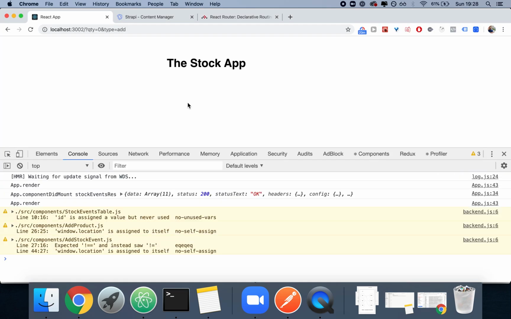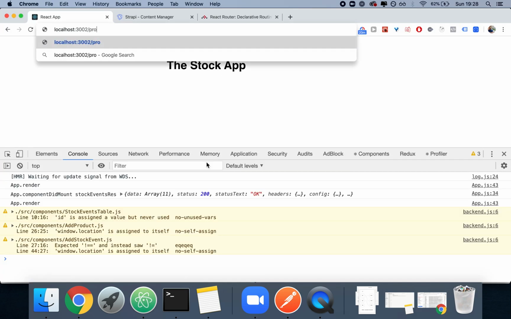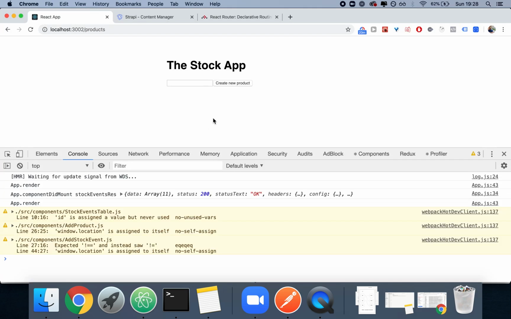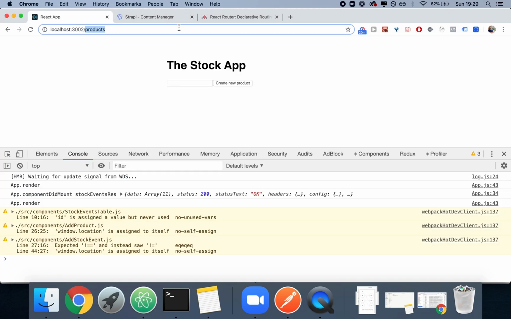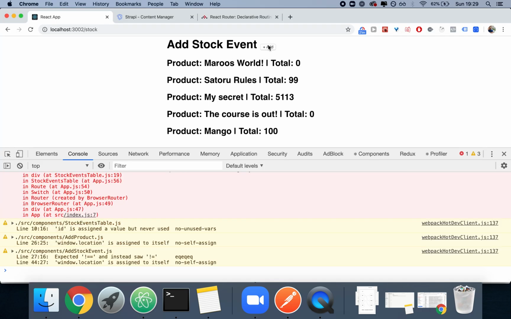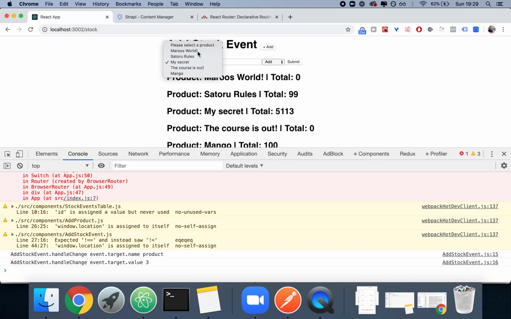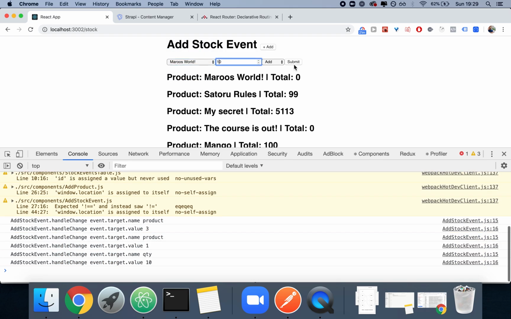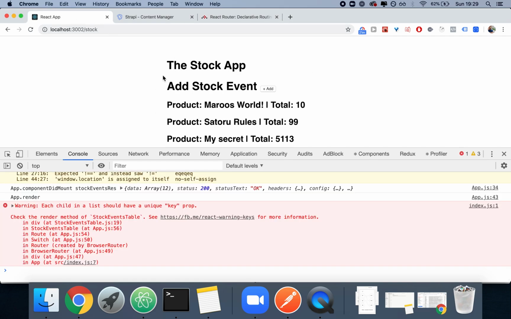And so now, when I'm in home, I see nothing. But if I navigate to products, I will have my way to create a new product. And then if I navigate to stock, I will see the stock. And I will also be able to change the stock. So for example, I go to Maru's and I add 10, and I press submit. It's going to add it, and it's going to refresh the page on the same location, and it's going to